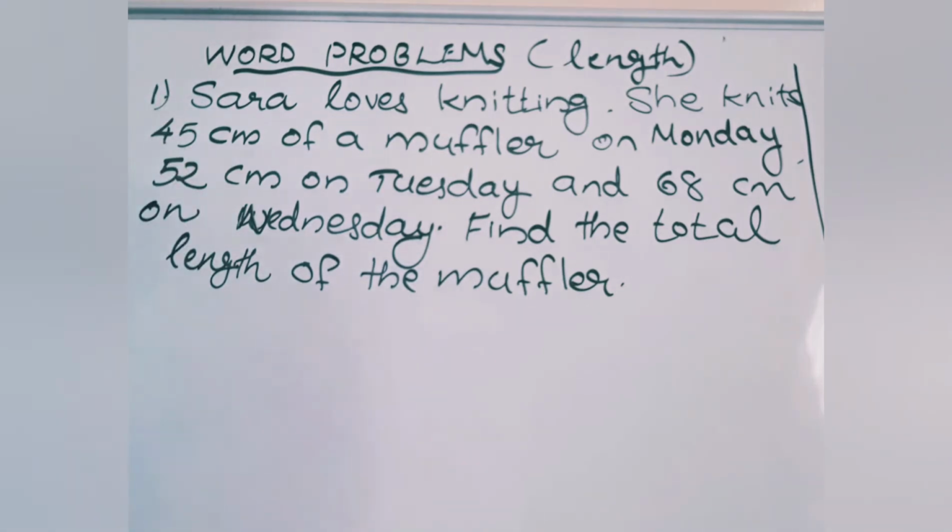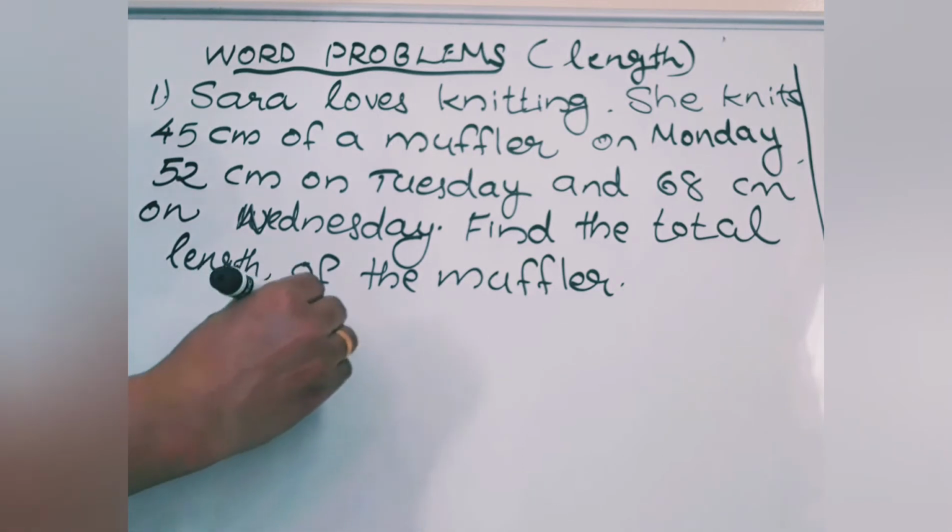Here I am doing it without statements because we have already done many word problems. You know how to write the statements. Here, length means meter, centimeter, etc. When length comes, you have to write length of. If it is kilogram, gram, then you have to write weight of. If it is liter, milliliter, then you have to write amount of water, amount of juice, etc. What we can count, we can use number of, but length we cannot count, that is wrong. So we have to write length of the muffler on Monday, length of the muffler on Tuesday, length of the muffler on Wednesday. Now let's see its answer.